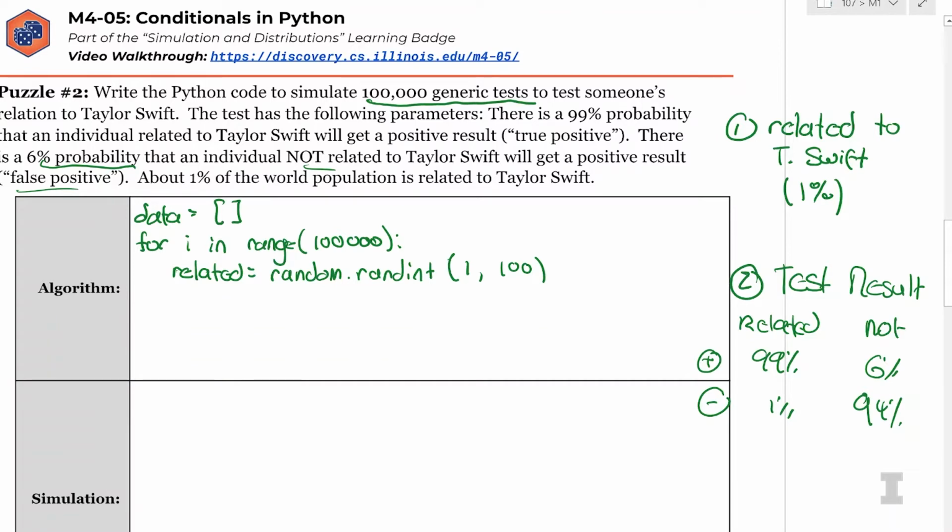And now I'm going to go ahead and put a hashtag, which is a comment or a pound sign, and say we are related to Taylor Swift if related is double equals to 1. So I'm just leaving this comment here because this is the part that I think if you didn't have the context of this problem and you just looked at the code, it might be hard to know what's going on. So I always like to leave comments when we start writing more complicated programs.